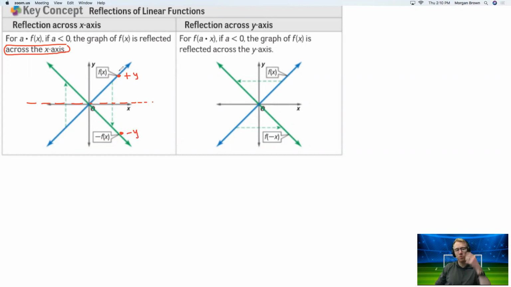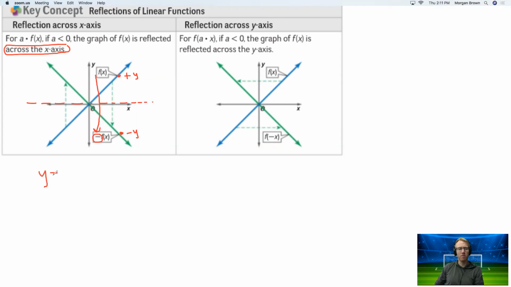So all you have to do to reflect something from the top to the bottom is, you can see right here, what pops up is a negative sign. So if you put a negative in front of the entire equation, it's going to reflect the equation from wherever it was in the positive side down to the negative. And if it was negative, remember that a negative times a negative reflects it back up to the positive side. So a negative in front of the entire function is going to reflect it